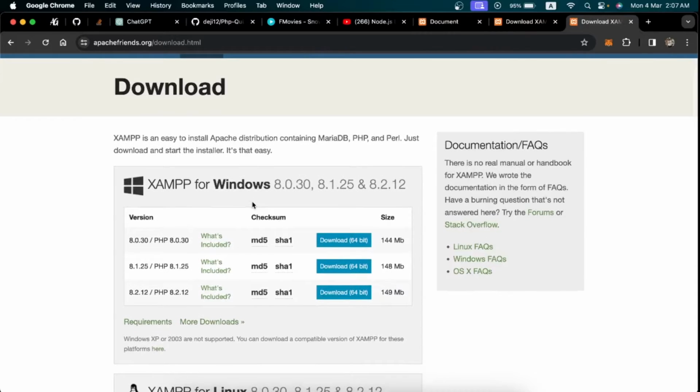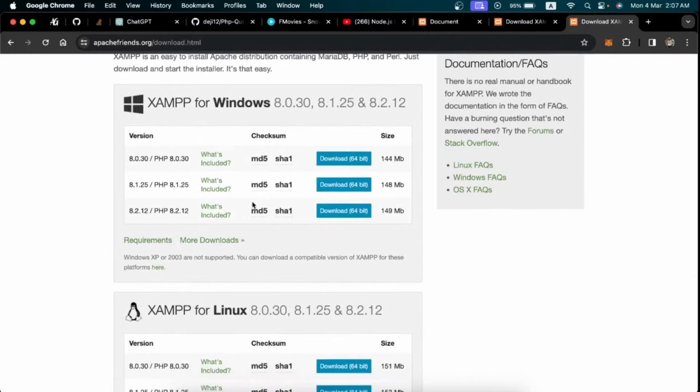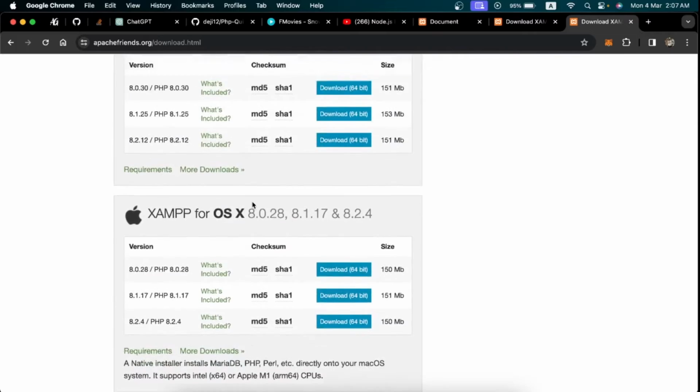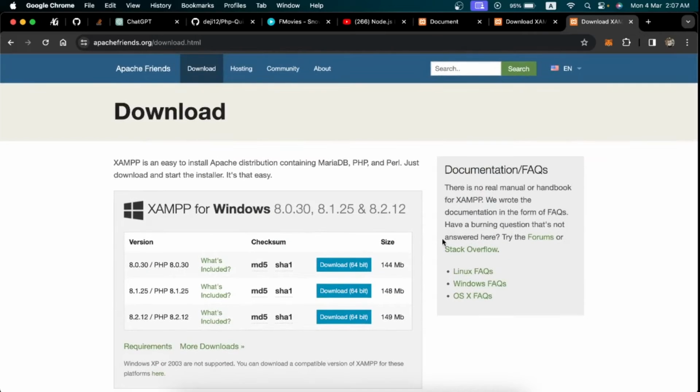Now, once you get to this page, just select download XAMPP for whatever operating system. Since I already have it installed, there's no need for me to install it. I'm just going to close out these tabs. So now that we have it installed, the next step is that we need to